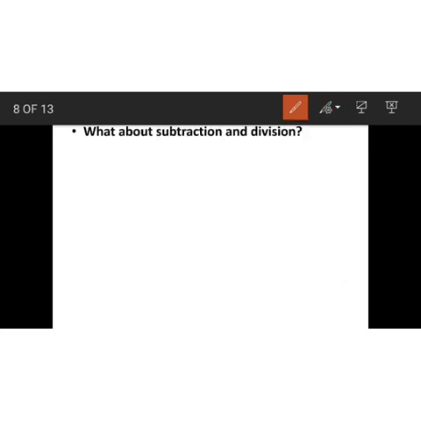Then what about division? Consider the number 6 divided by 3. We get the answer as 2. Then let's interchange: 3 divided by 6. We'll get the answer as 1 by 2. 2 is not equal to 1 by 2. That means 6 divided by 3 is not equal to 3 divided by 6.